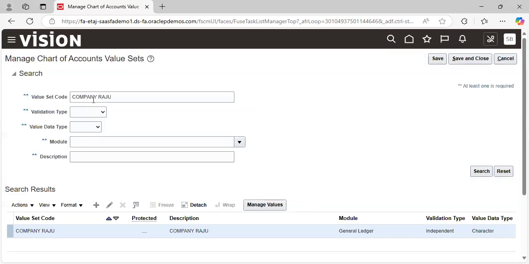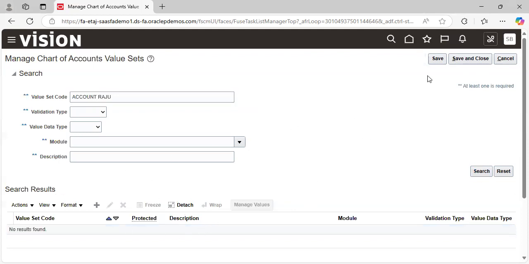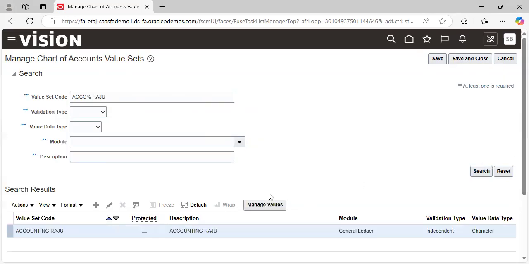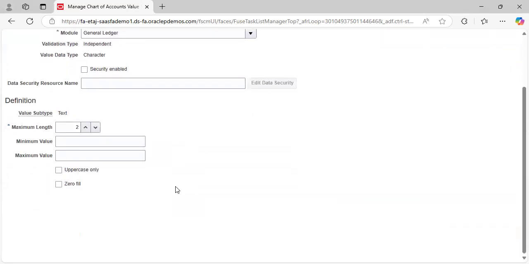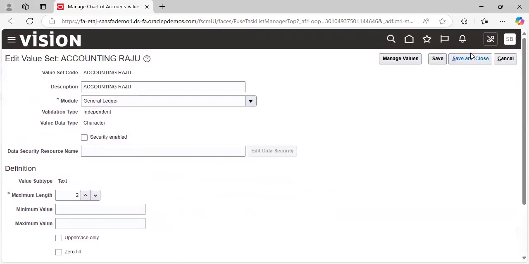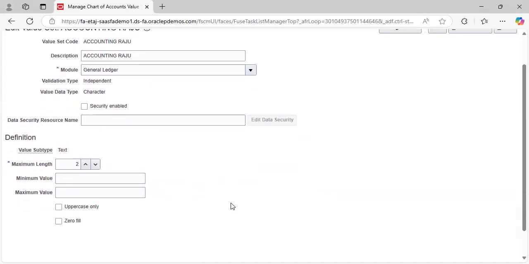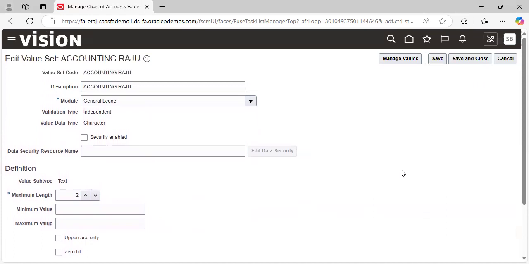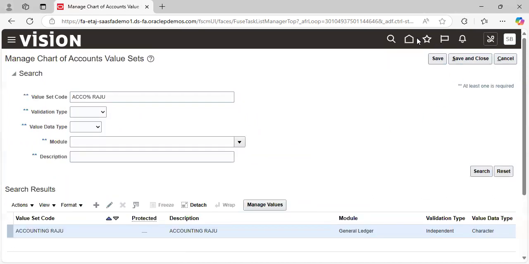Next will be the account. The same way, accounting, in that also you can see the details which we entered. Okay, that is about the